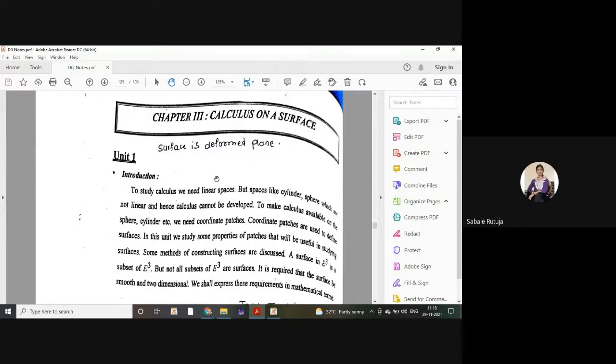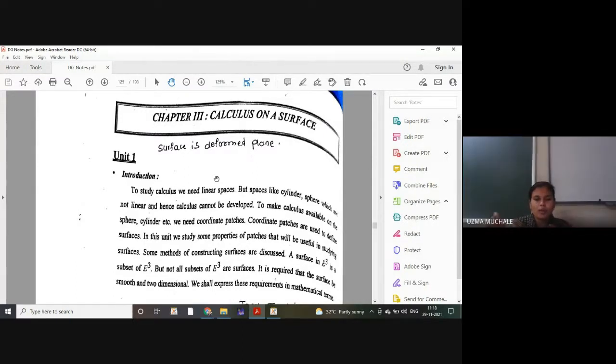Yes, ma'am. Alpha dash of t is not equal to 0 for all t belonging to E. It means that the curve is not going to stop anywhere, or you can say the particle is not going to stop anywhere. It has a continuous motion. And alpha dash of t equal to 0 is not of much interest. We are not interested in studying all these constant curves.